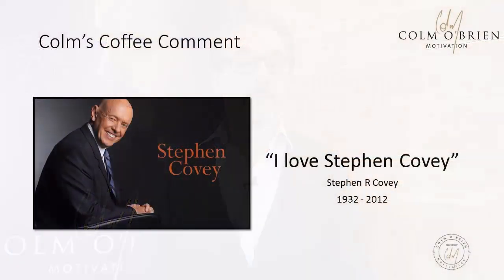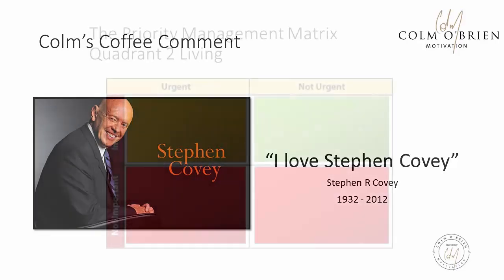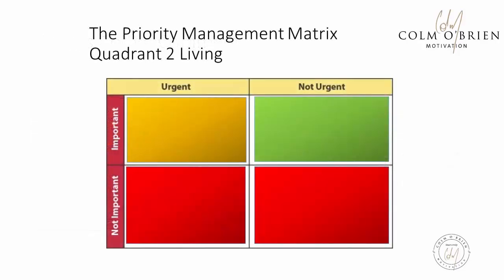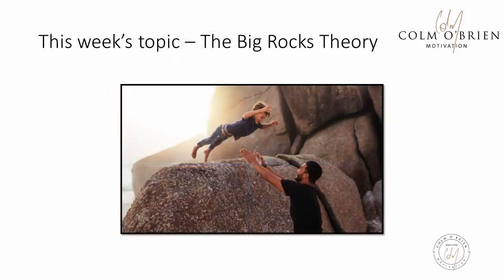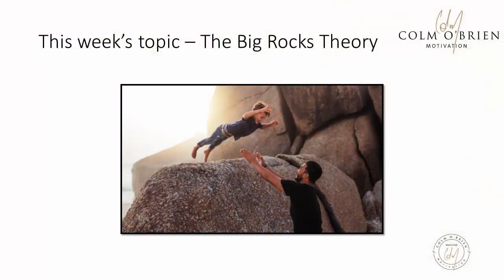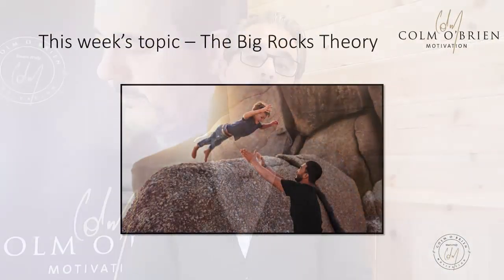If you have, well then it's probably worthwhile getting a refresher here today. Many of you out there perhaps haven't stumbled across the big rocks theory yet, so let me explain. Stephen Covey, author of the 7 Habits of Highly Effective People and one of my all-time favourite thought leaders, introduced me to the priority management matrix from last week, and also introduced me to the big rocks theory, which I'm going to explain today. And he used an analogy. I've put some graphics into the blog and into the video to help you follow along. So what is the big rocks theory? Well, Stephen Covey explained it like this.